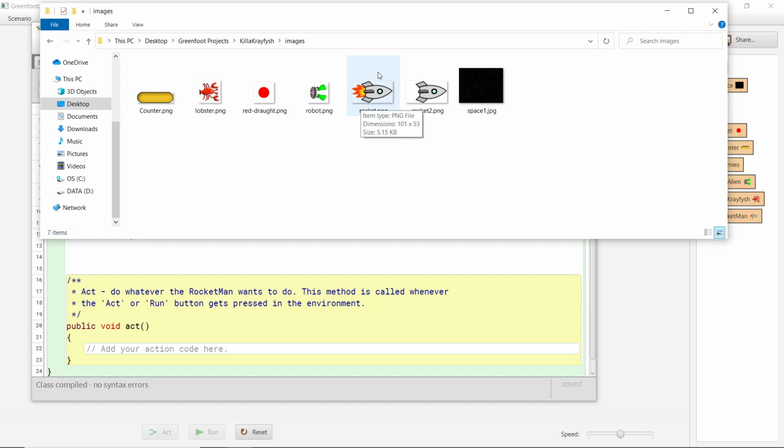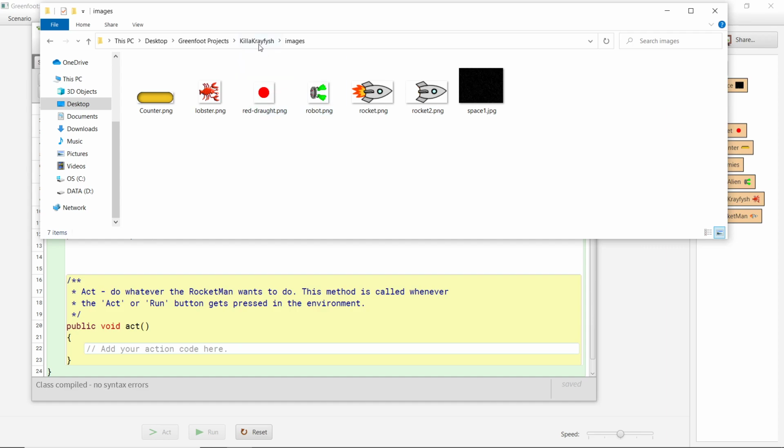So I took this image, which was the standard image that came with Greenfoot. I opened it up in Paint 3D. You can use any graphics package, anything you want. It really does not matter. I opened it up and I erased the flame at the back, and then I resaved it. I kept it as a PNG. So I've got rocket.png and I've got rocket2.png. So you'll want to make yourself another, let's say, frame that we're going to use for animating the rocket. We're going to flip between these two images, and that's going to make the rocket look like there's flame coming